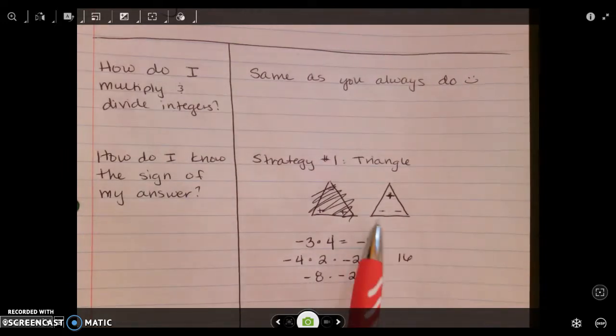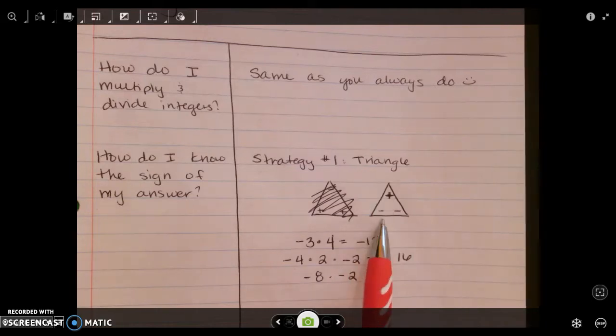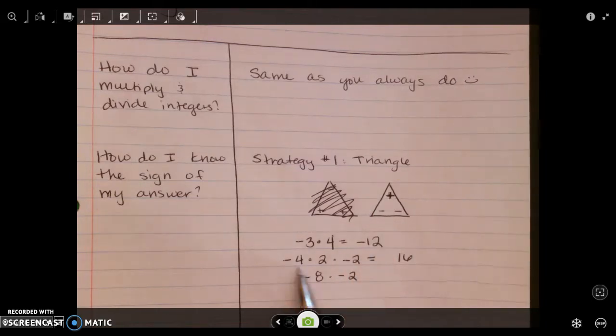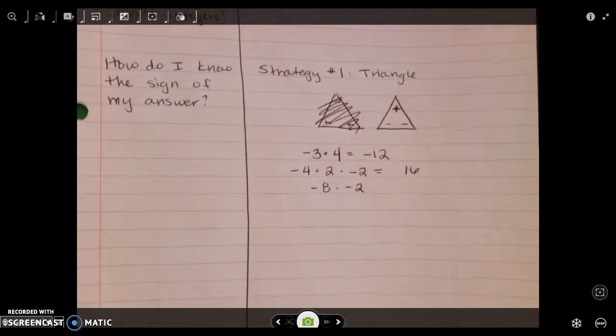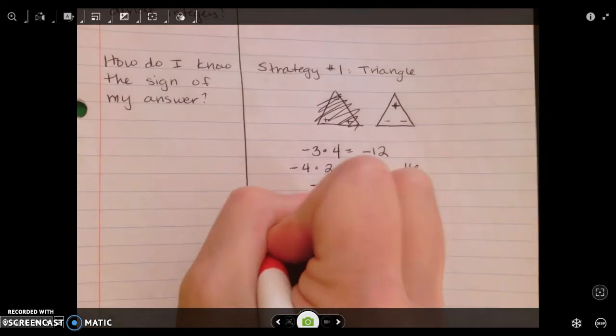So that's the only loophole with this one, is that you have to be really careful that if you do see ones that have more than just two numbers being multiplied together, you do have to multiply piece by piece. Or take into account, when do you have your negatives versus when do you have your positives. Okay? The other strategy that I have